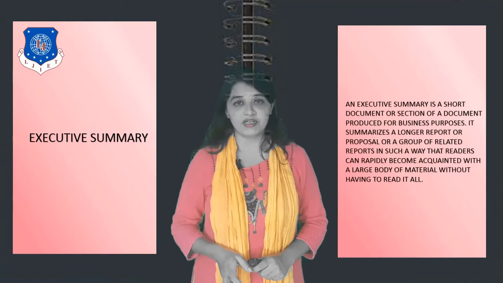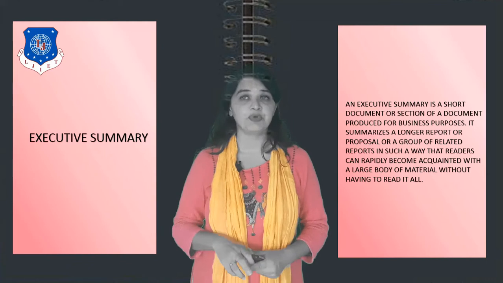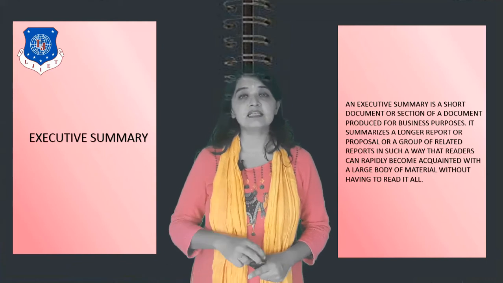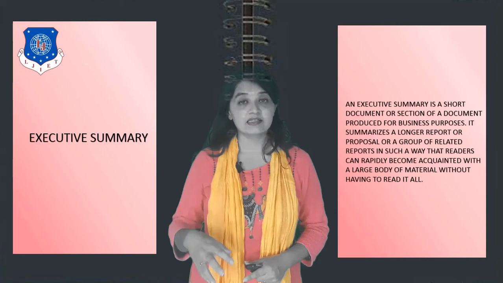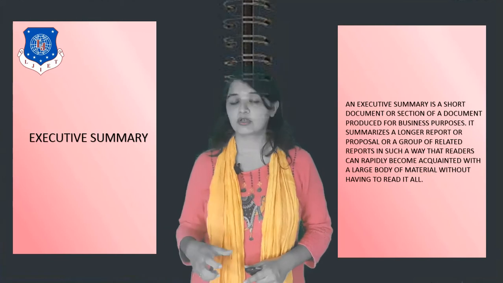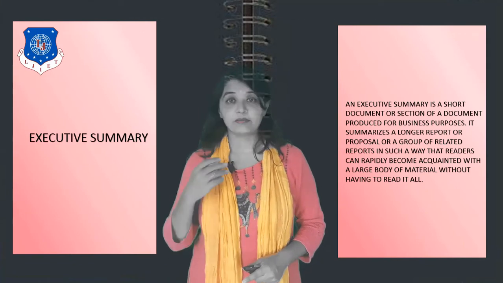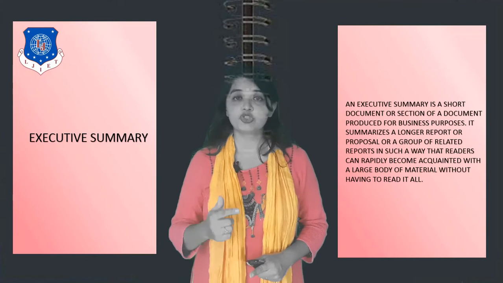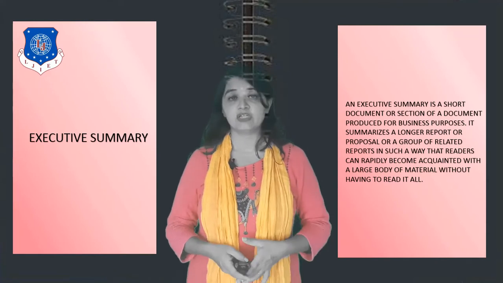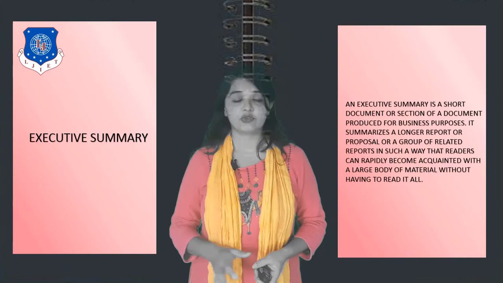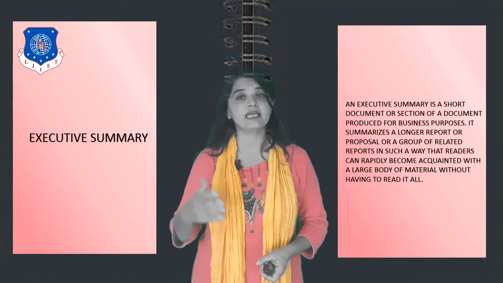The executive summary is the concise form of the entire report. That means it summarizes the report, but it is not in detail. It gives the objective of the report, it gives the idea about the data analysis, the methods used, and even the conclusion. Now, why is the executive summary written over and above the abstract? The executive summary is written so that people who may not have time to go into the detail of the entire report may just read the executive summary and get an overall idea about the report. They may later on go through the report in detail.